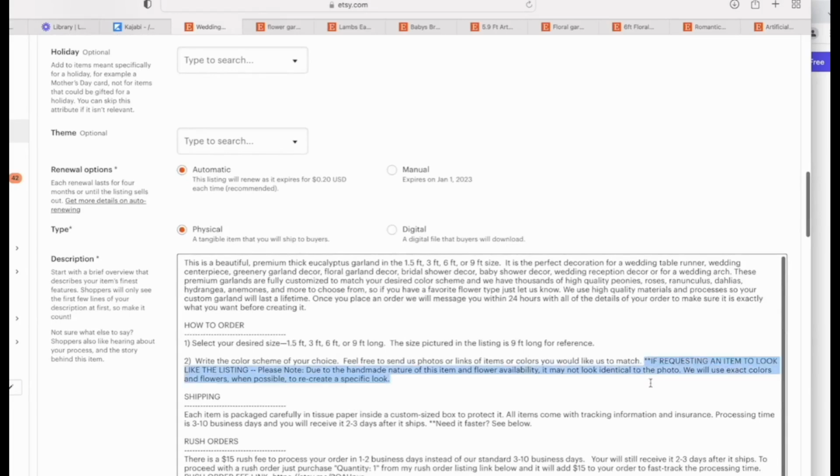If requesting an item to look like the listing, please note, due to the handmade nature of this item and availability, it may not look identical to the photo. We will use exact colors when possible to create a specific look. This is key if you're doing custom items and you know people are going to want it to look like the photo. It just gives you some leeway so that they don't open a case against you if it's not a cookie cutter exact replica. It also is great if you run out of part of the inventory or materials